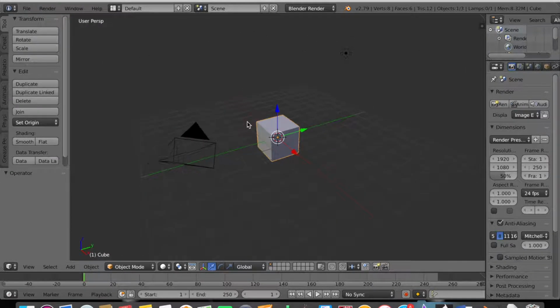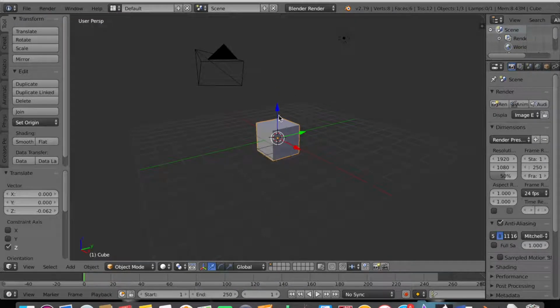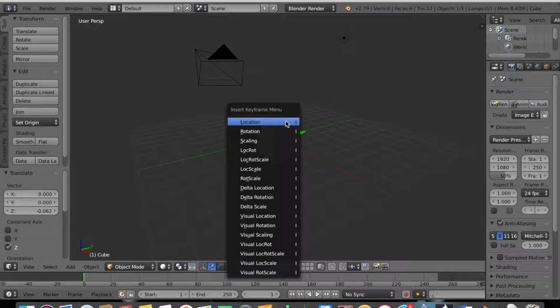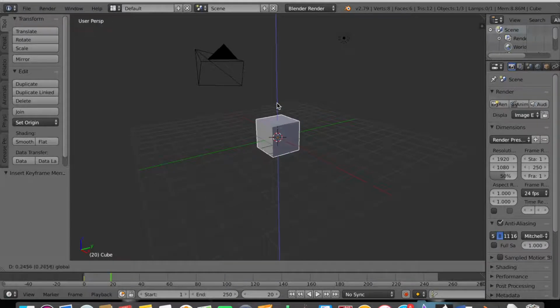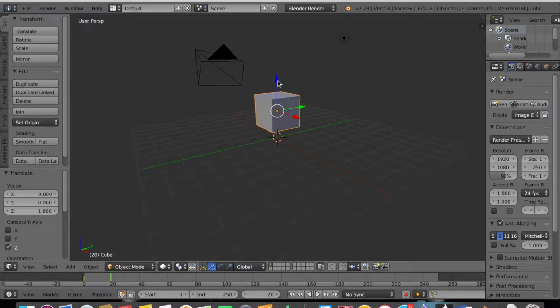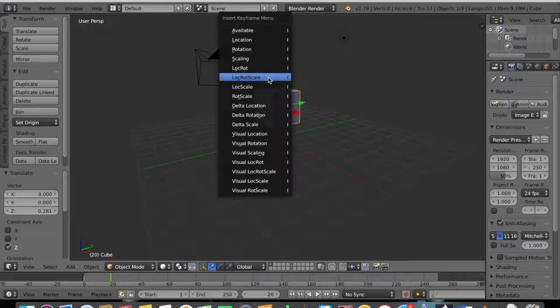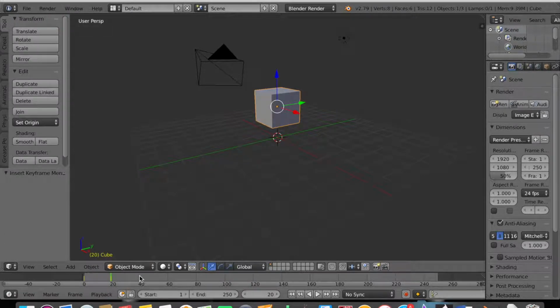So basically, first in the animation you need to drag the cube up, then press I, lock scale, to set the frame. You see the frame counter down there, make sure it's yellow so you know the frame's set. Then drag it up for the next frame, press I, lock scale, and then we're